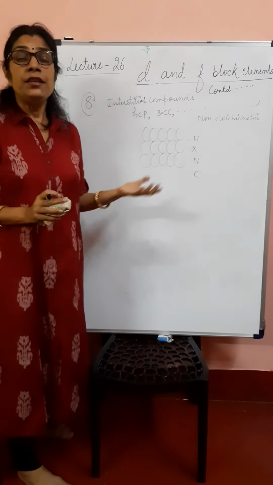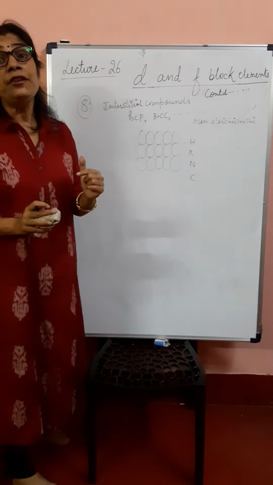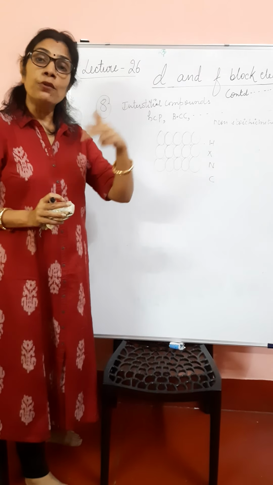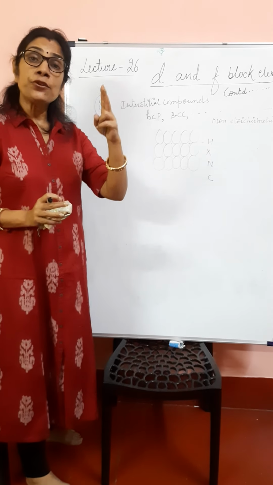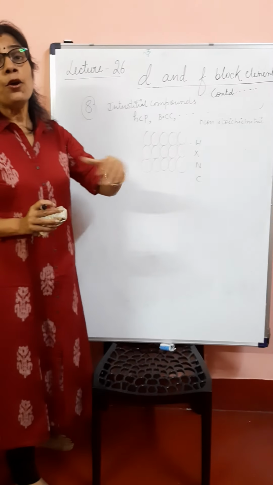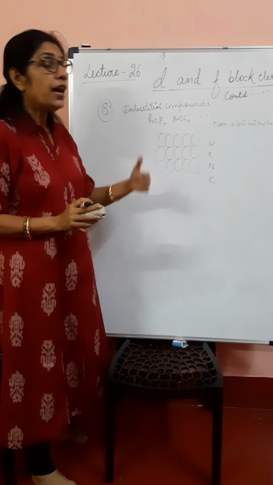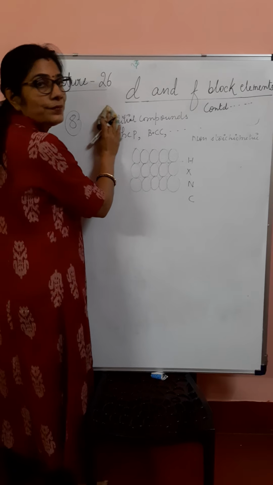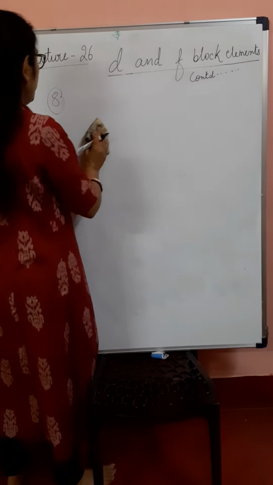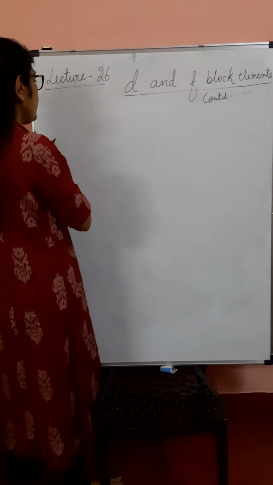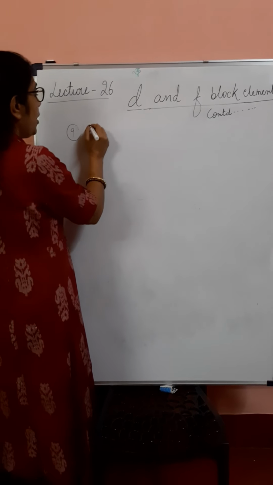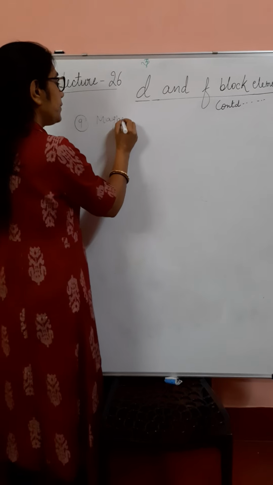If you remember in class 11, we studied different types of hydrides: ionic hydrides, salt like, covalent hydrides. In covalent we studied electron rich, electron deficient, electron precise, and then interstitial hydrides or non-stoichiometric hydrides, then the hydride gap as well. So after interstitial compounds, we'll study their magnetic properties.